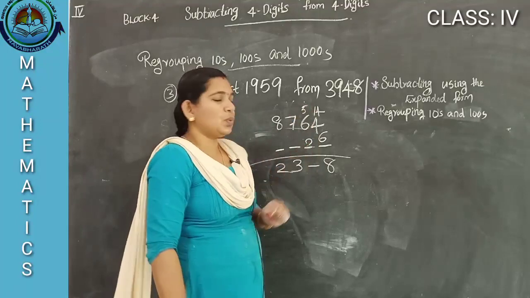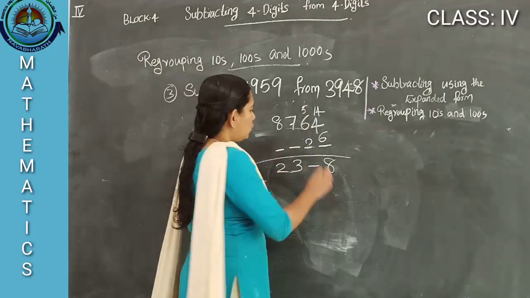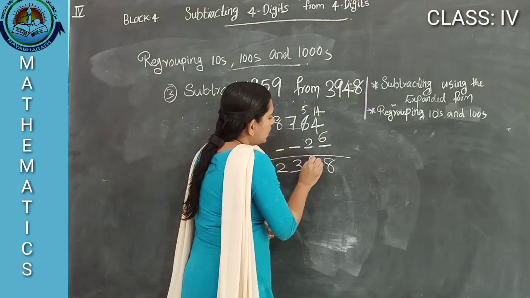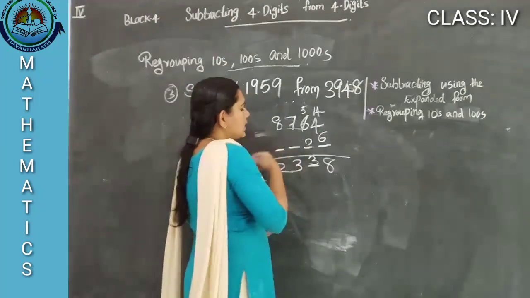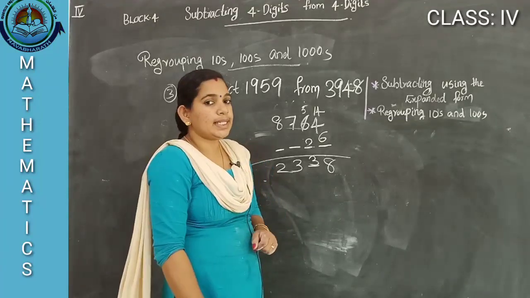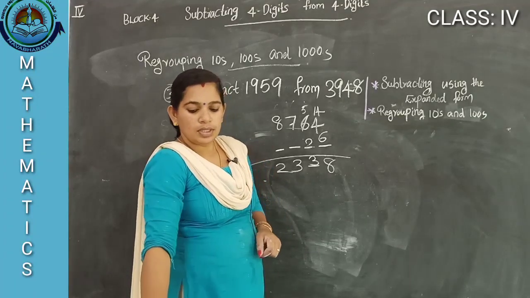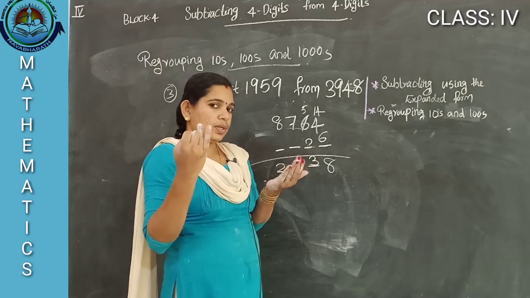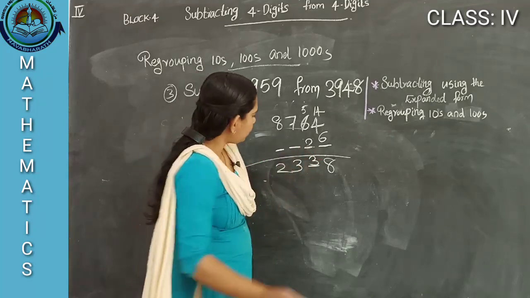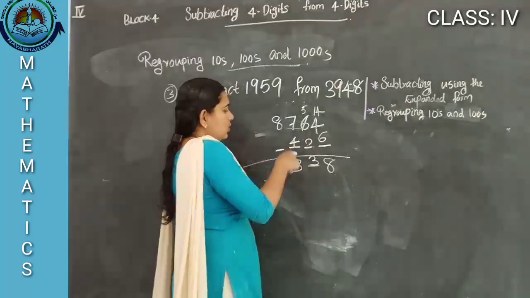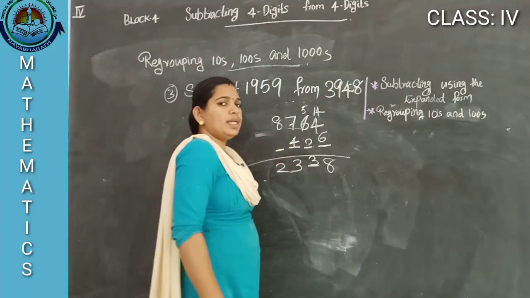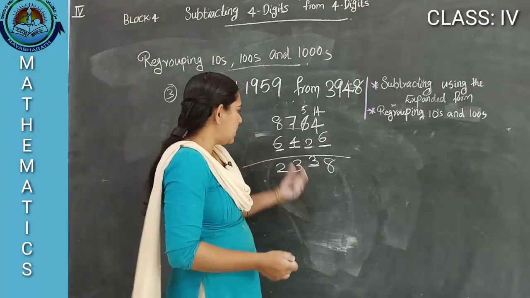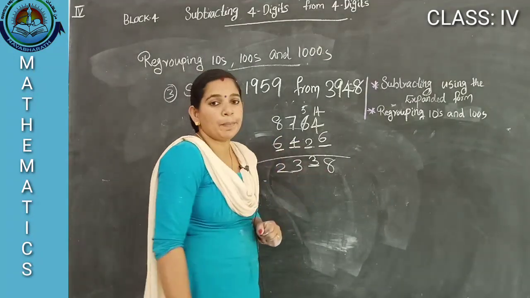Then 5 minus 2, 3. Here we are taking 1 to here. So here only 5. Here 3. 7 minus 1 digit is 3. So which one? Yes, 4. 7 minus 4 is 3. 8 minus 1 digit is 2. Yes, 6. So the missing digits are 6, 4, 3.